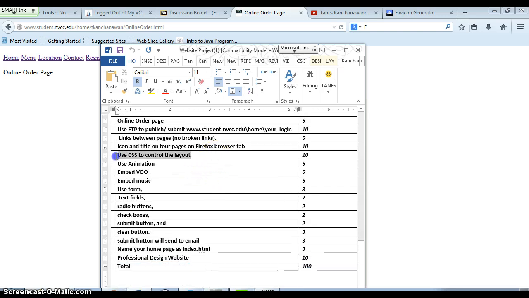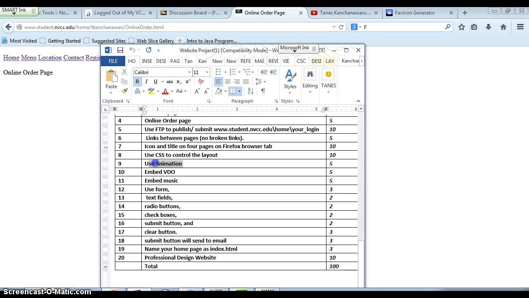So we can talk about CSS later. Let's talk about animation. Okay, CSS stands for cascading style sheet. It just does the layout. That's going to help you use animation. Okay, you can embed the video, do animation, and add the music. Alright, so